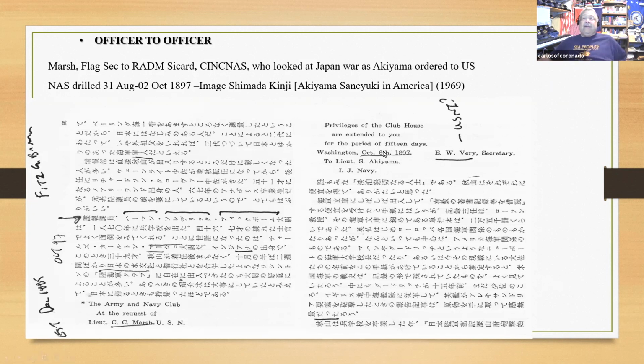And if you look at the date of this, somehow or another, Akiyama made contact with a U.S. naval officer and got, if you've been to Washington, the Washington Army Navy Club, which is kind of for the elites of the military. Another important thing about this is this, I don't know if anybody recognizes this name here. If you've heard of the Very pistol,